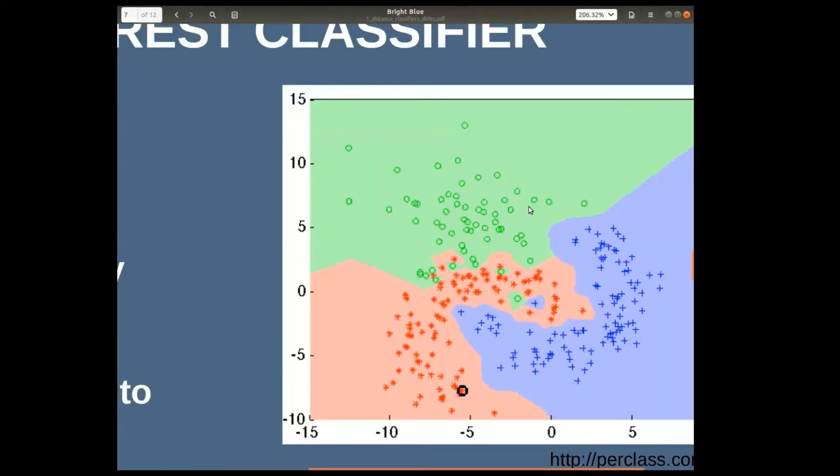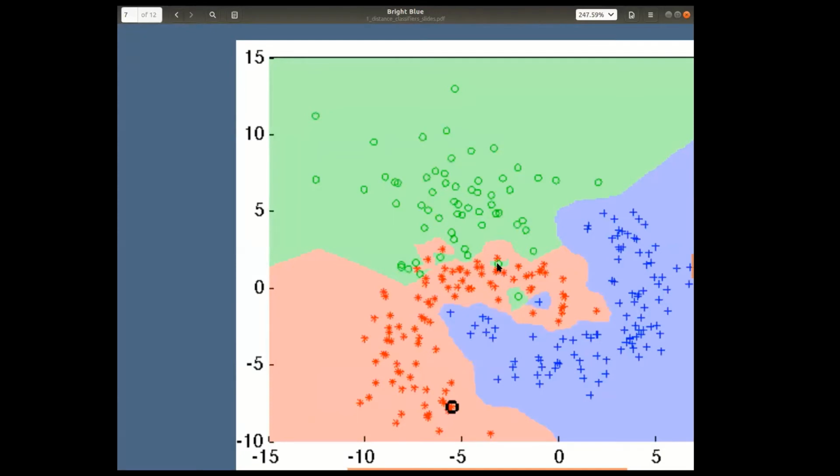So if you were looking at this, are you actually happy about these areas here being very isolated? No. I was about to ask that question. Like, if the point, let's say, is in between those, then where would you classify it? Whether you classify it to the green one or the red one? Yeah, exactly. So this will depend on your application or on your problem, but